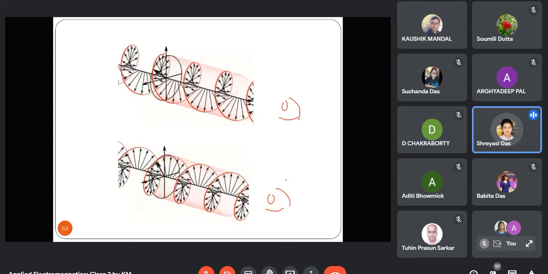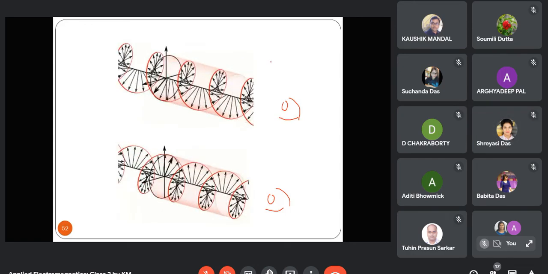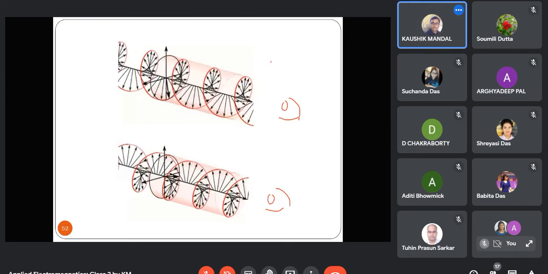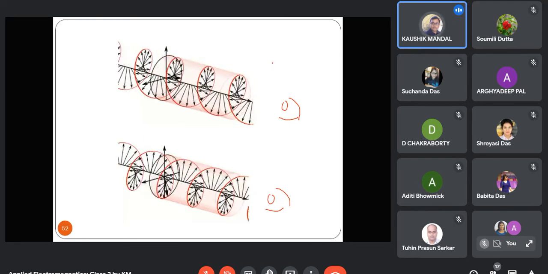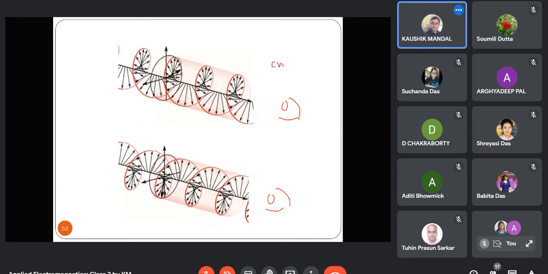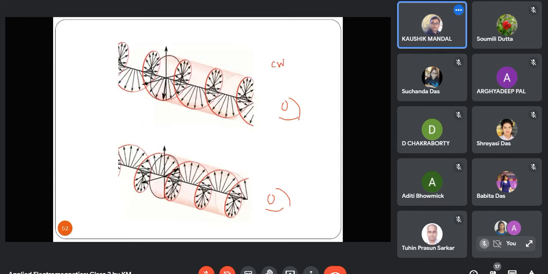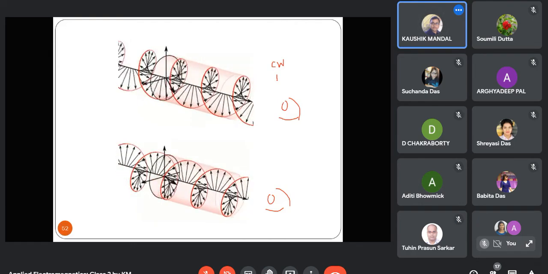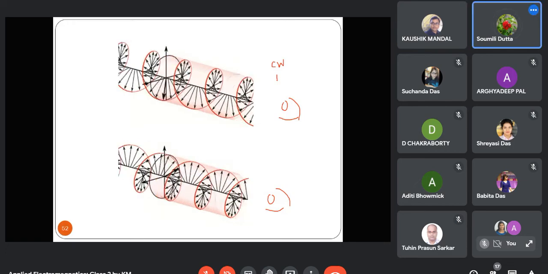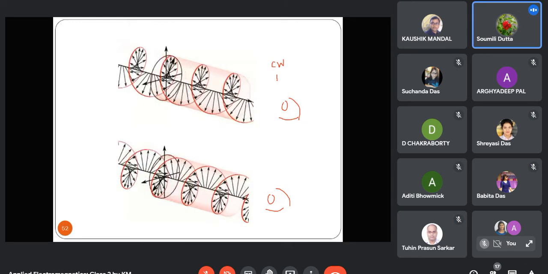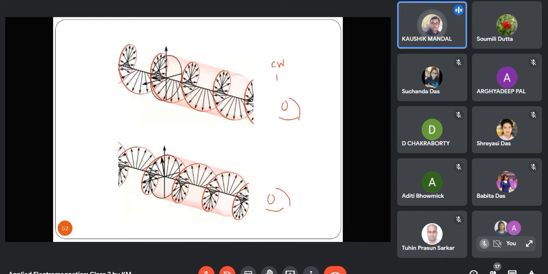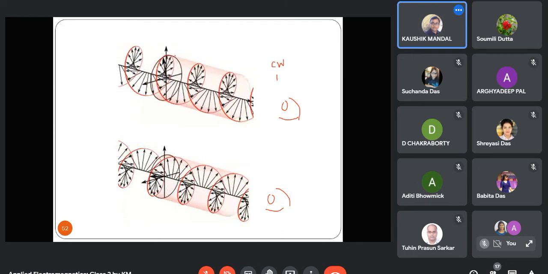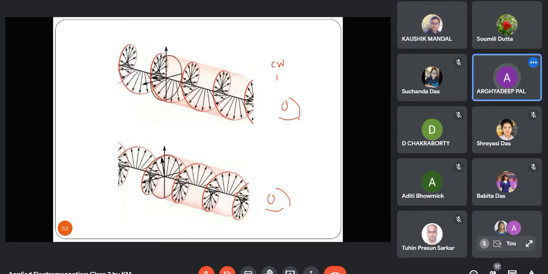First one is circular clockwise. First one is clockwise. Clockwise. Obviously, the first one is clockwise with respect to this observer. So will it be right hand or left hand? Counterclockwise. First one is counterclockwise and last one is clockwise. No, the first one is with respect to this observer. Is it clockwise or counterclockwise? Try to observe from the side. Counterclockwise.